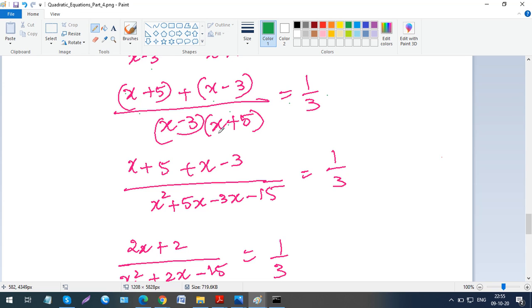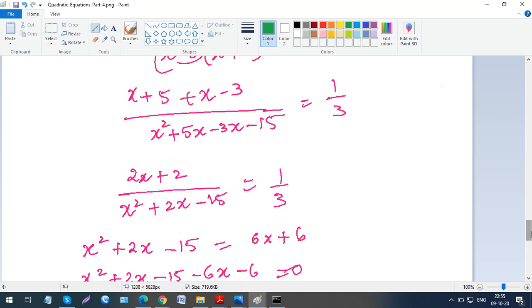In 8th grade you would have learned this. So this is equals to 1 over 3. Now x plus x is 2x, plus 5 minus 3 is 2, divided by x square. So this is 5 minus 3 is 2x, minus 15, is equals to 1 by 3. Now you can cross multiply both of them. Okay, so that gives you